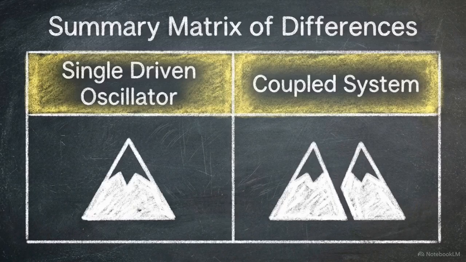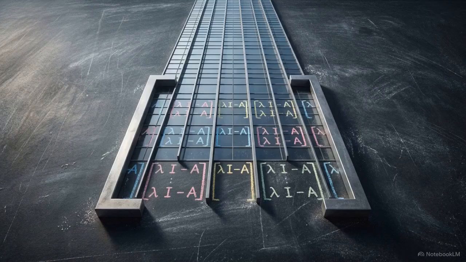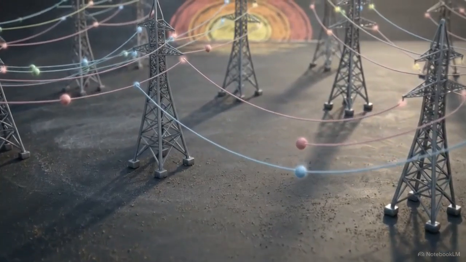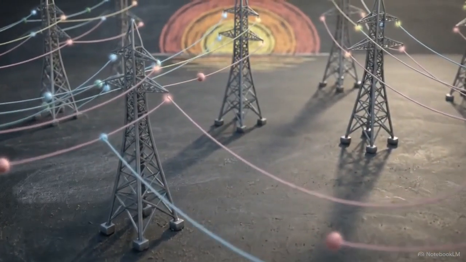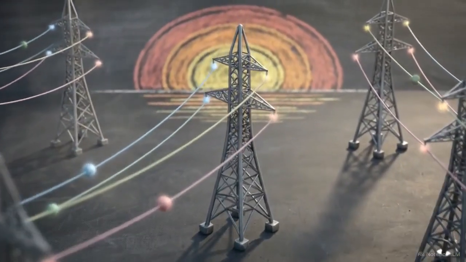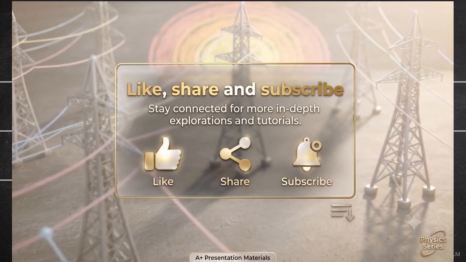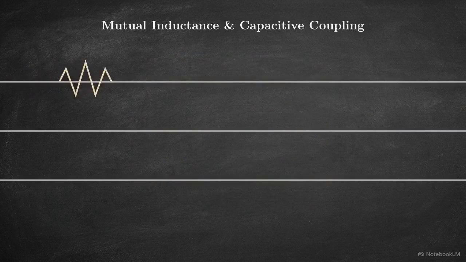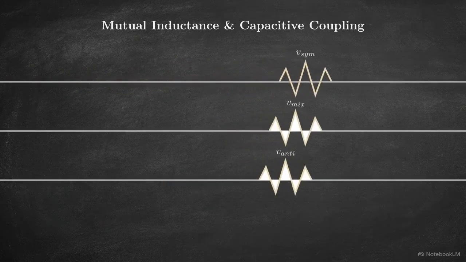Comparing the isolated oscillator to the coupled matrix clarifies this transition. While a single mass has one resonance peak, coupling splits it into multiple frequencies. This eigenvalue matrix math dictates the behavior of the largest physical structures in the modern world. Today, electrical engineers use these exact symmetric and antisymmetric mathematical modes to analyze and protect massive parallel three-phase electrical transmission lines. Mutual inductance and capacitive coupling between these massive wires act like a mechanical coupling spring. This splits power surges and traveling waves into different phase velocities.